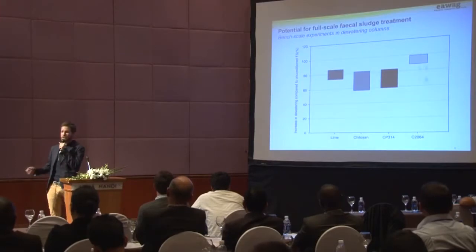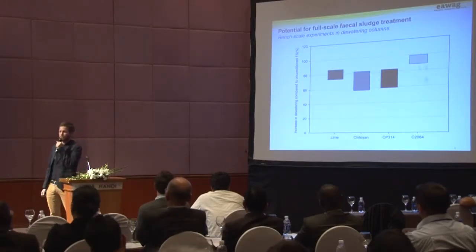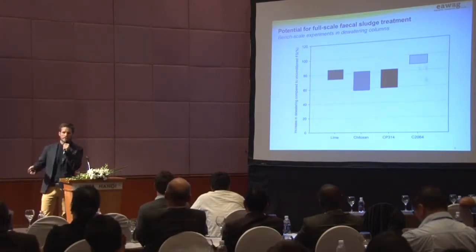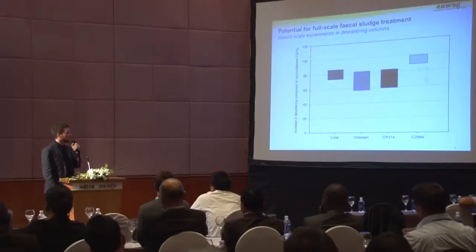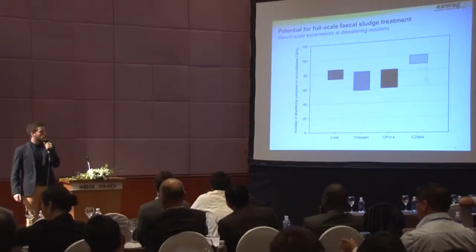In Dhaka, depending on the loading rate, the time it takes to dewater sludge on drying beds is usually between 2 to 9 days. So this time you can cut by 60 or more percent. But I think this also has implications not only for drying beds, but also for mechanical dewatering or for container-based solutions. So we're not only looking into drying beds.